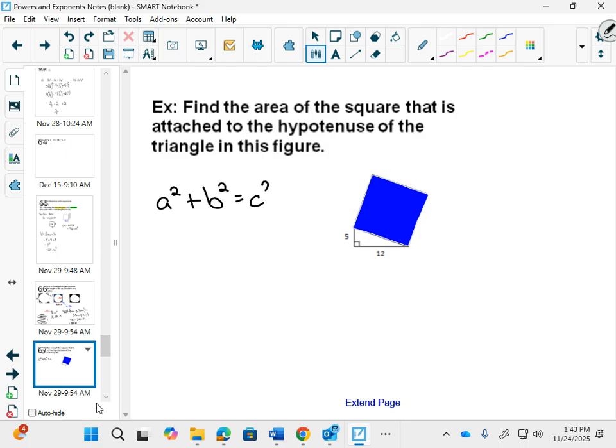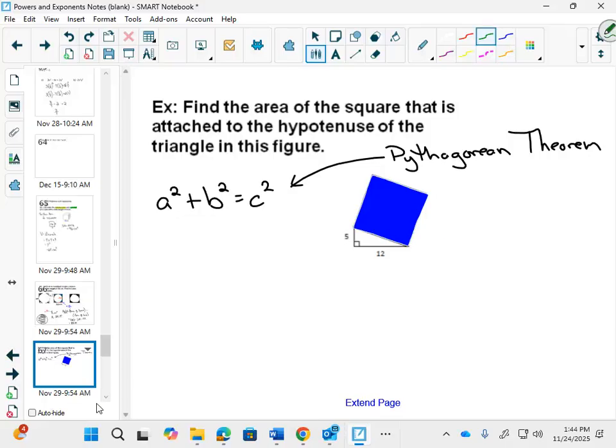Does that look familiar now that you see it again? No. No? If not, this has a special name. It's called the Pythagorean theorem. It's true for any triangle that has a 90 degree angle, that one side squared plus the other side squared equals